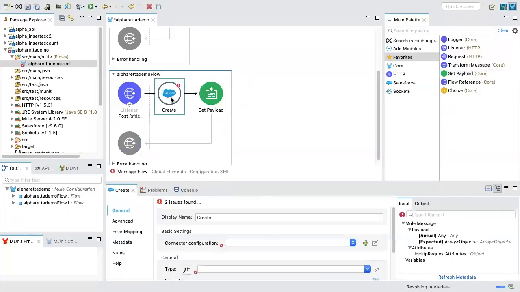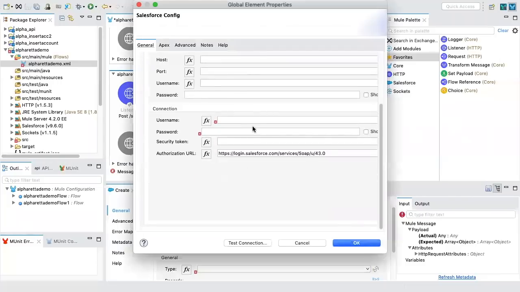So what do you do in the data loader? Data loader is a tool provided by Salesforce where whatever is in your CSV file, you can save in Salesforce, which is on the cloud. So the same settings which we do in the data loader, we will do now. First thing is the connector configuration. Right click here, click on the plus sign. Now I'm going to set up my username, my org28, and password.